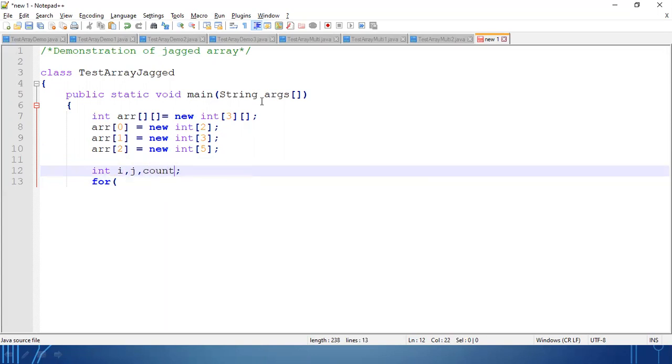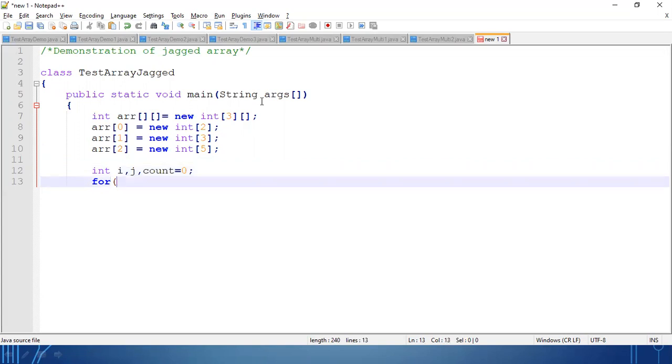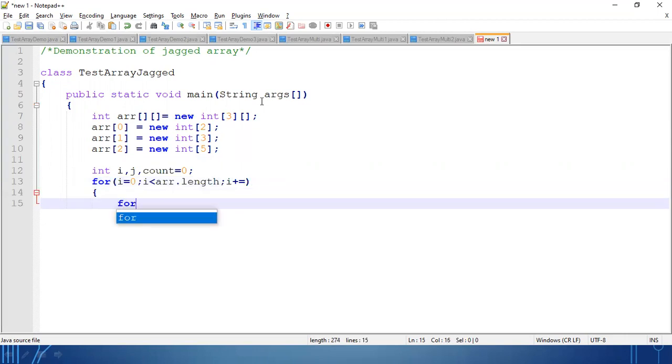So let's count equal to 0, one count variable is there. i equal to 0, i less than array name dot length, because that is the total number of rows, i plus plus. j equal to 0, j less than array of i dot length, j plus plus.